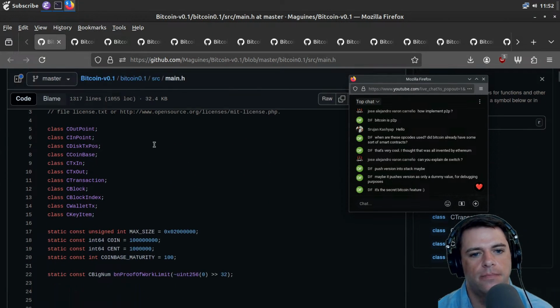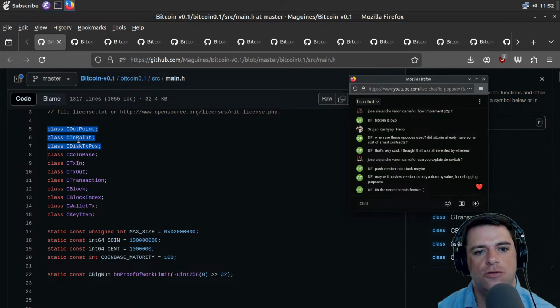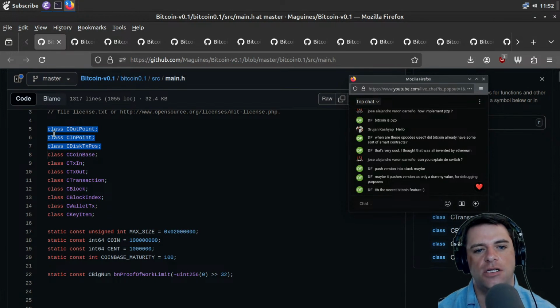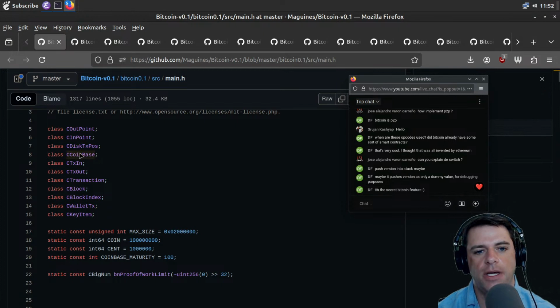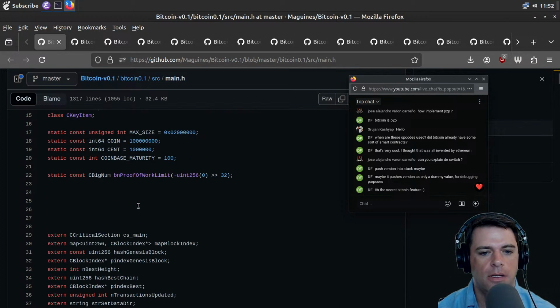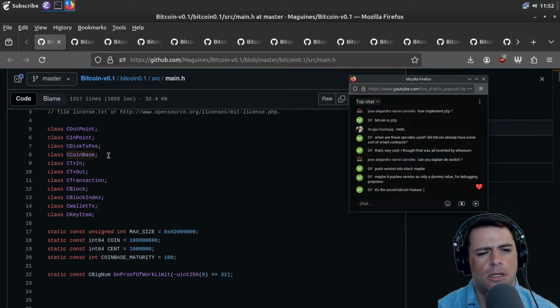So here's the main. We have an out point and in point, a disk transaction position. I'm guessing this is the transaction that's stored on disk, a Coinbase, in and out, transaction inputs and outputs, the transaction itself, the block index, the wallet transaction, and a key item. I forget what the Coinbase is. So a transaction